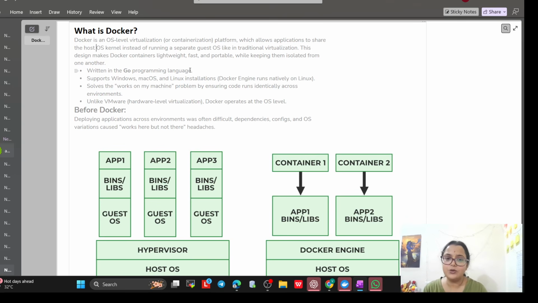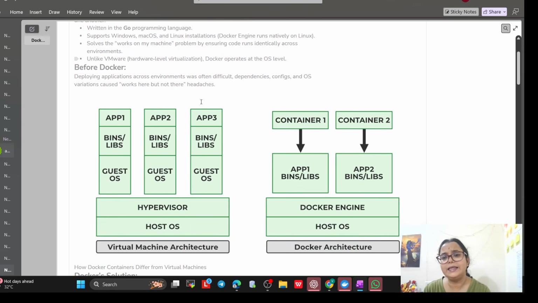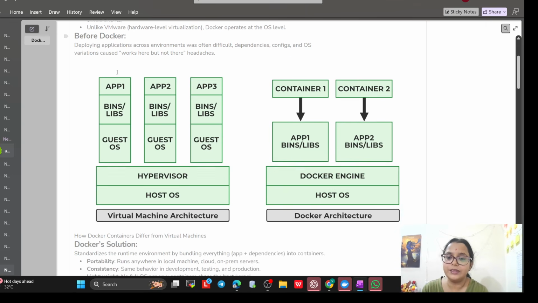Now try to understand this by taking an example of what the situation was before Docker. Before Docker, deploying applications across environments was often difficult because dependencies, config and OS variations caused the "works here but not there" headache. So take an example.